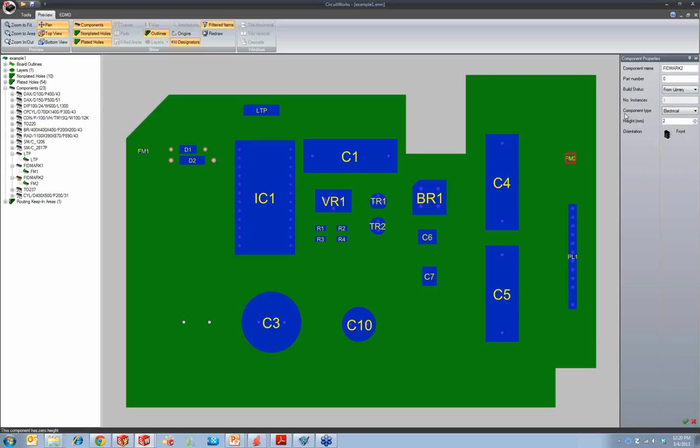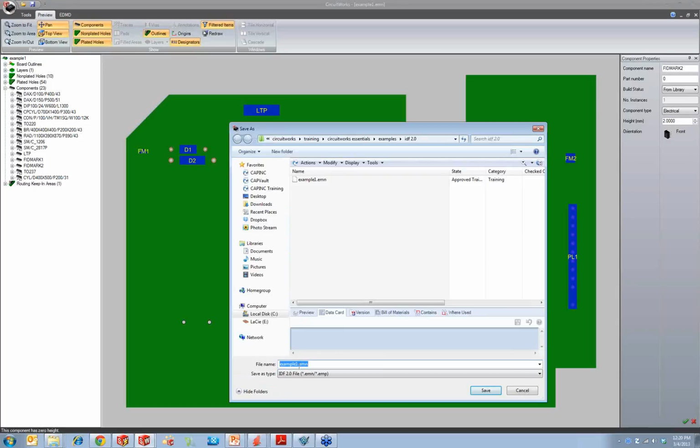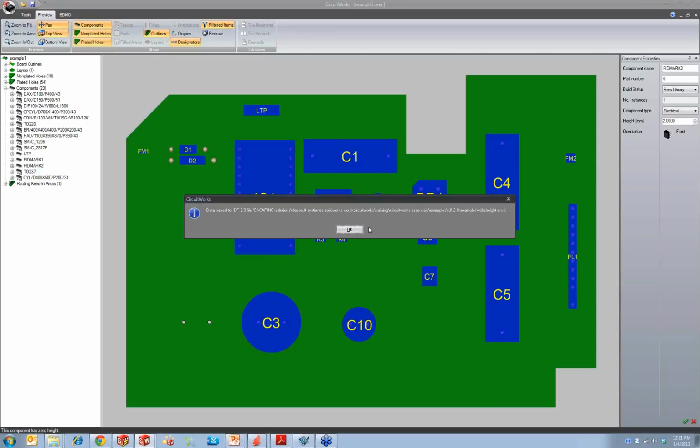Same thing for the other one. So now, we don't have any warning symbols left in our tree, and I would be able to build this in SolidWorks. What I'm going to do here is just save this really quickly as a new file, example 1 with Z height,